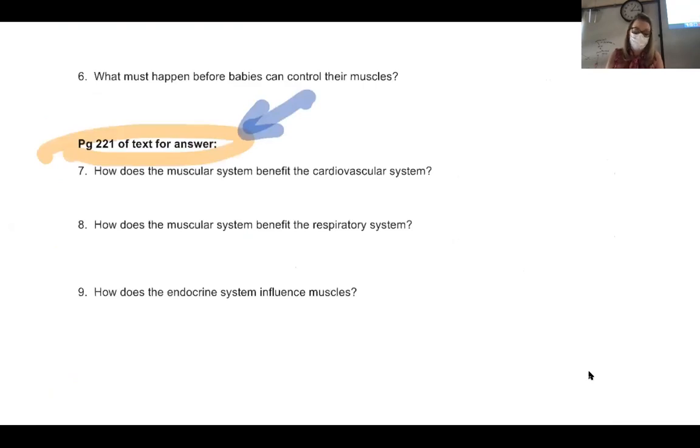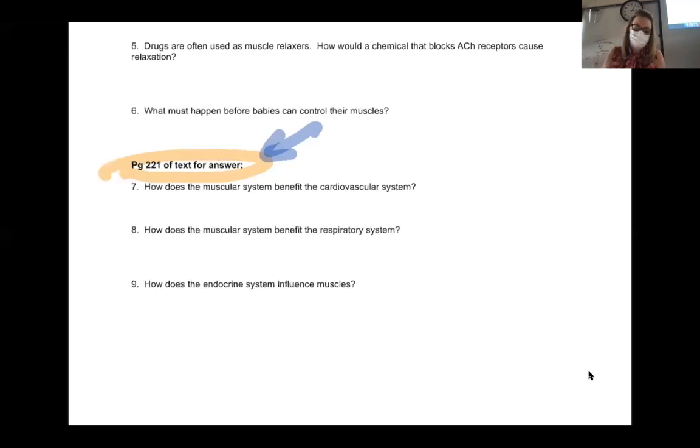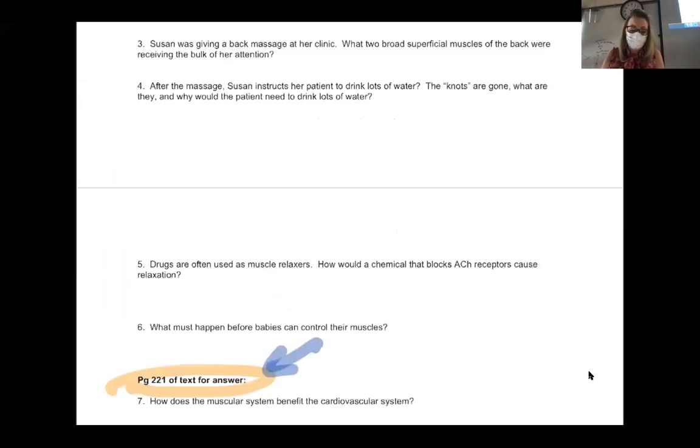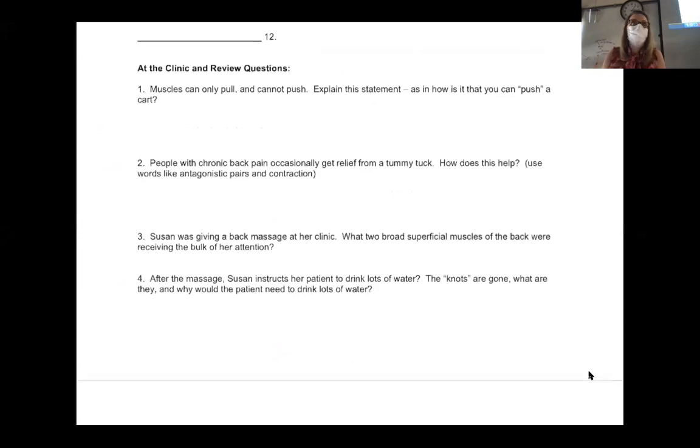Now you could probably guess, how does the muscular system benefit from the cardiovascular? And I can always tell when kids don't actually look at the page because they're like, a beating heart is always good for muscles. I'm like, oh, okay. What does it actually say in the book, you ding dongs? A beating heart is generally helpful for life. Okay. So you've got to make sure that you actually use the book. Now, that's all I have for you. And I know, I'm sorry, I talked for a long time, but we're done with notes.